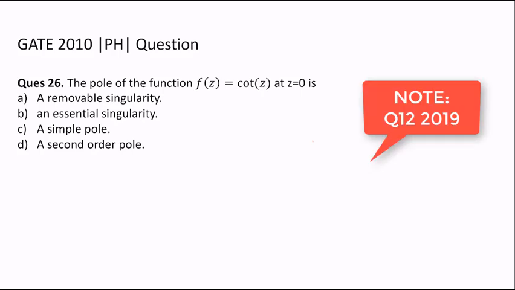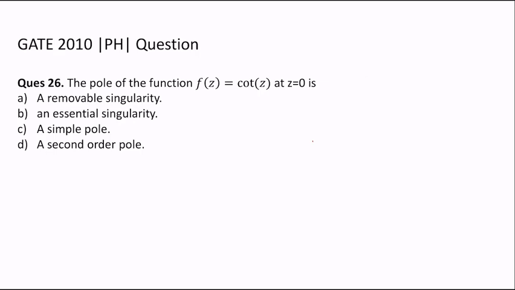Hello everyone, in this video we are going to solve question number 26 of GATE 2010 paper related to complex analysis. The question is: the pole of the function f of z is equal to cot z at z is equal to 0 is a removable singularity, an essential singularity, a simple pole or second order pole. So in order to solve this question,